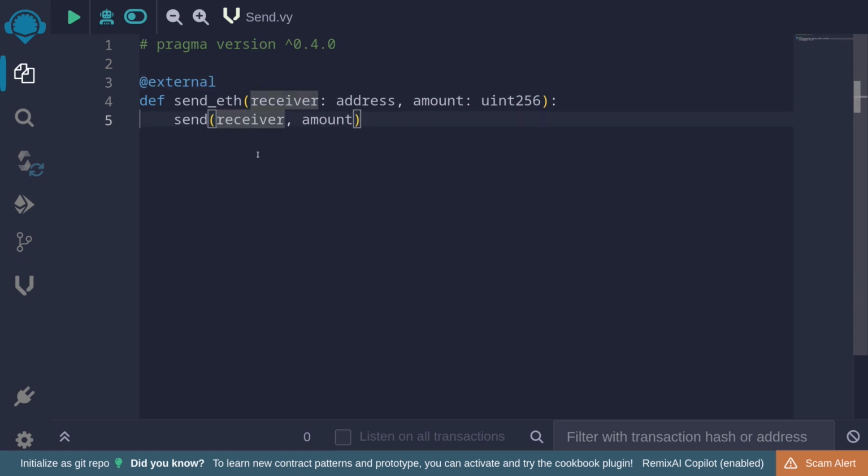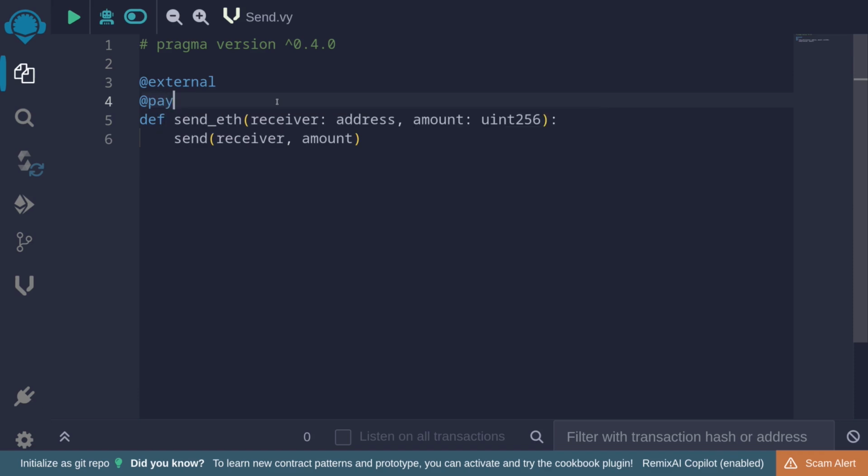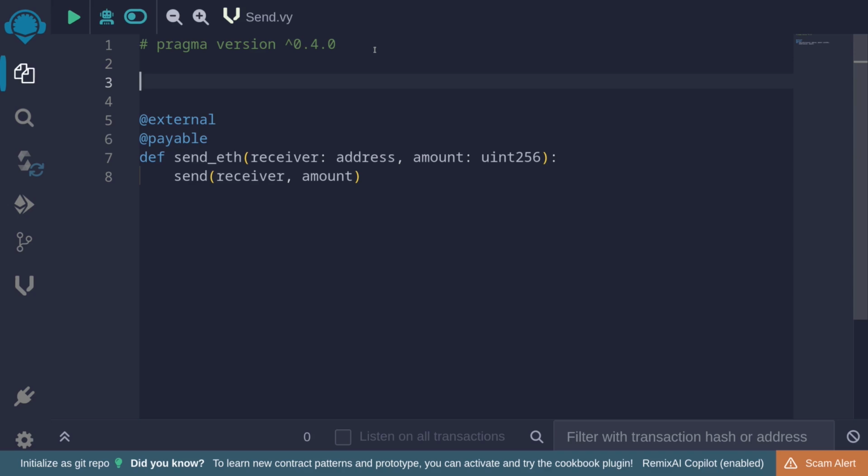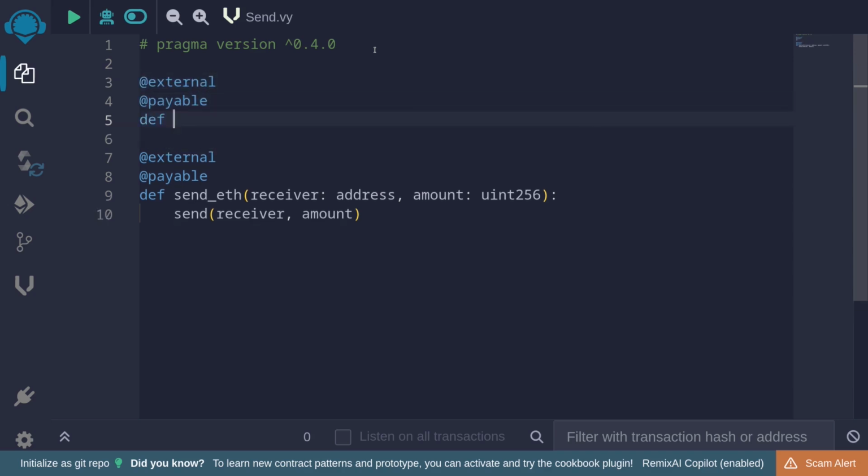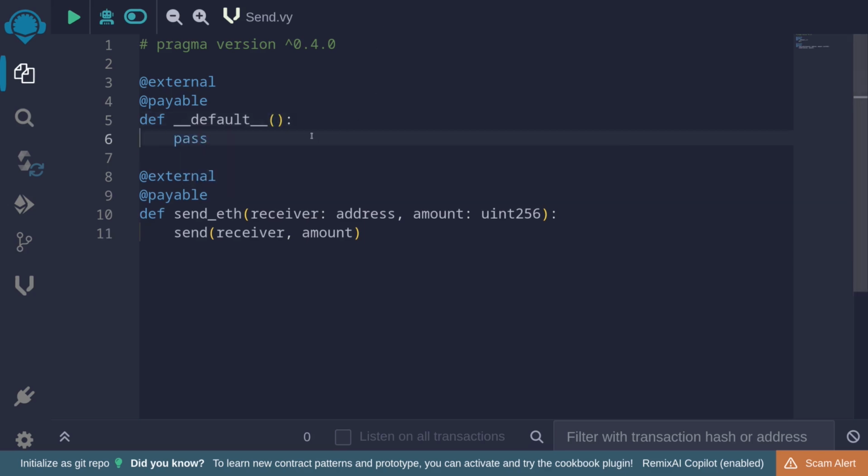But at the moment, we have no way of sending Ether into this contract. So there are two ways. We can either declare this function as payable, and now we can send Ether into this contract, and then forward that Ether to the receiver by calling send. And the other way is to declare the default payable function, external payable def __default__,